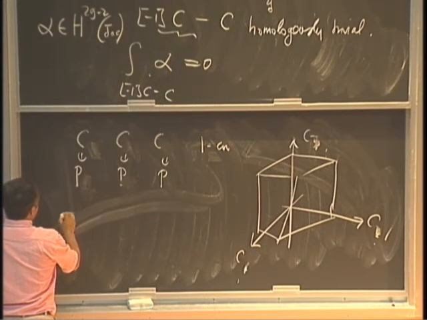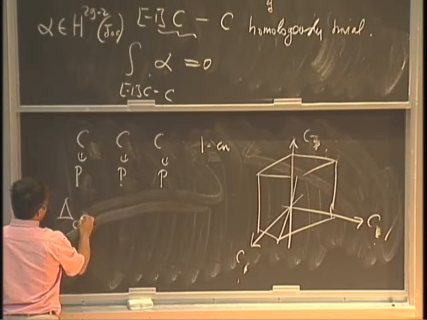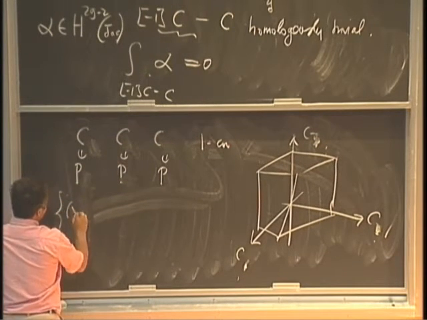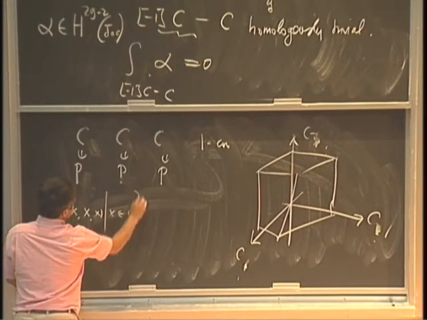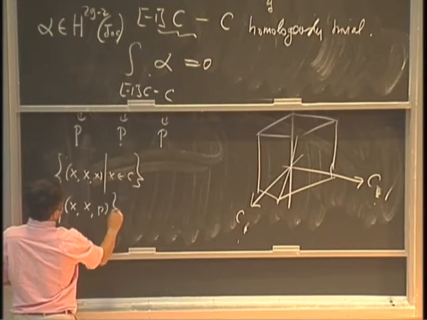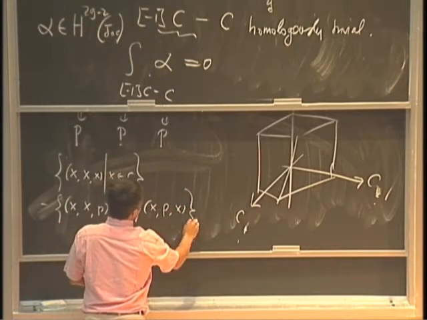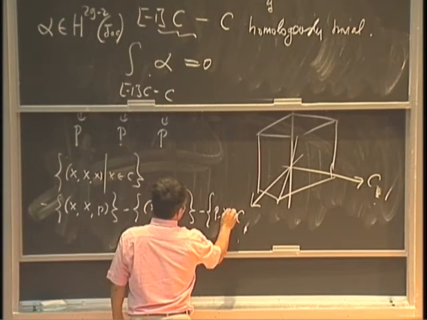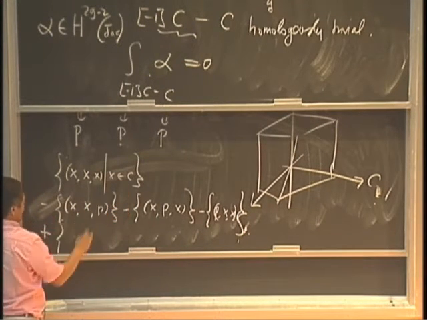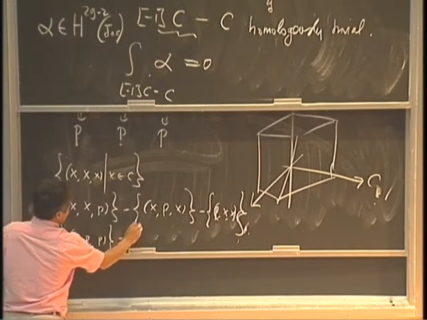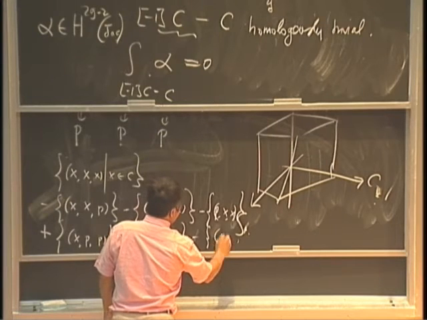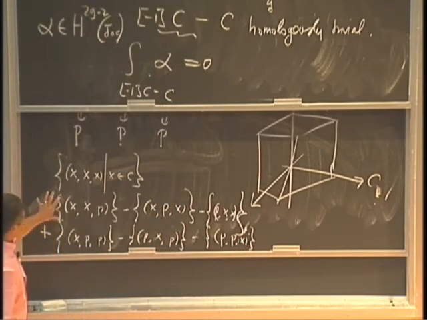So you have the main diagonal, Delta_C, and let me write down the notation: the main diagonal (x,x,x) in C. You have a lot of partial diagonals: (x,x,P), (x,P,x), and (P,x,x). Then you add back these sides, (x,P,P), (P,x,P), minus (P,P,x). Again, you can show that this cycle is homologically trivial